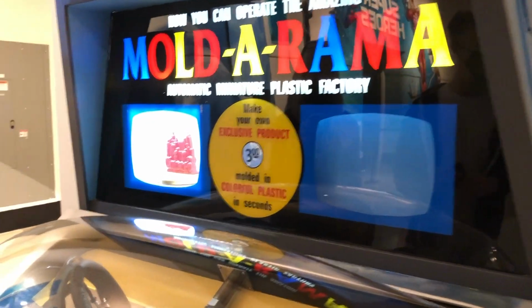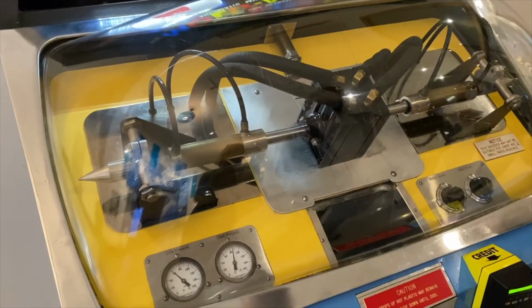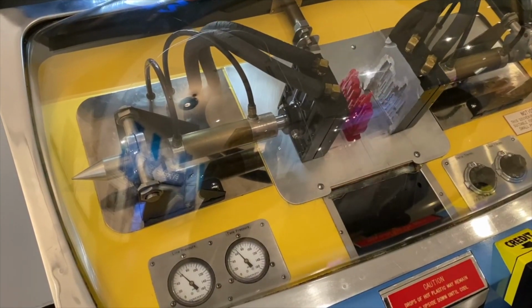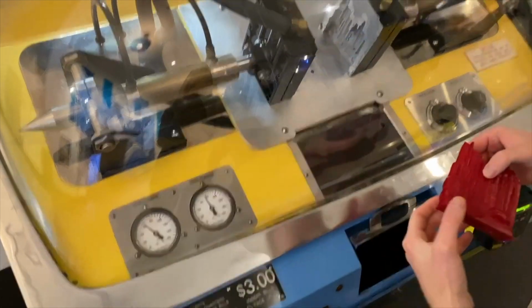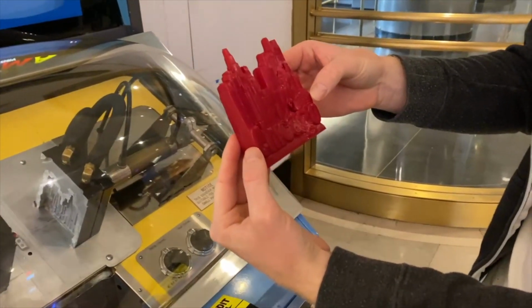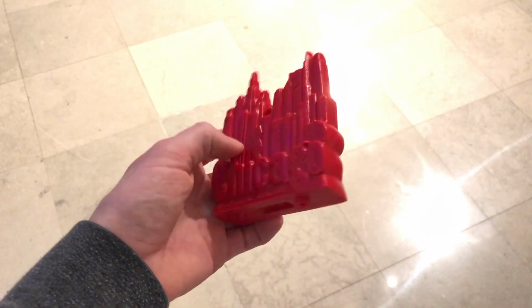They're the coolest vending machines I've ever seen in my life, and they're just pure delight. They literally injection mold a plastic figurine right in front of your very eyes. They're from the 60s, and there's only like a few dozen of these vending machines left. And look, the first time I did this, the figure came out all deformed and misshapen. But isn't that awesome? These 50-year-old vending machines aren't perfect, and the museum staff happily gave me a new perfect